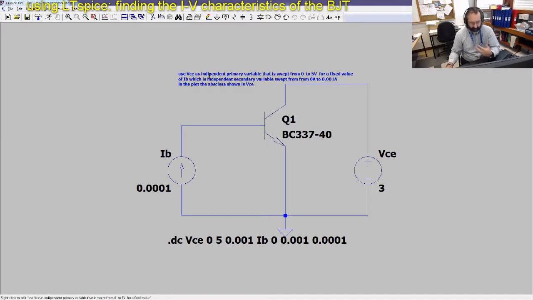So we use VCE as the independent primary variable, the variable we sweep on, which is swept from 0 to 5. And then each time, for a fixed value of IB, which is instead the independent secondary variable, which is swept in this case from 0 to 0.001 amps. In the plot, the abscissa will always be the primary independent variable, which is VCE. Normally in the ordinate we choose what to plot. I think in this case the plot is pre-filled by myself because I did it previously. But just to let you know how this comes about,